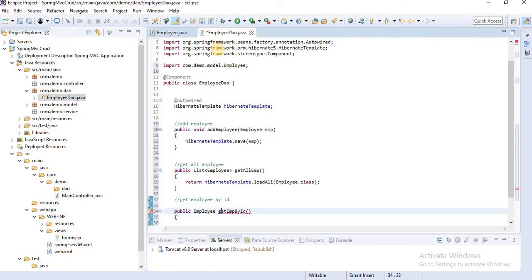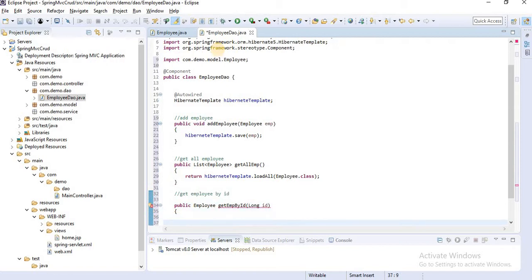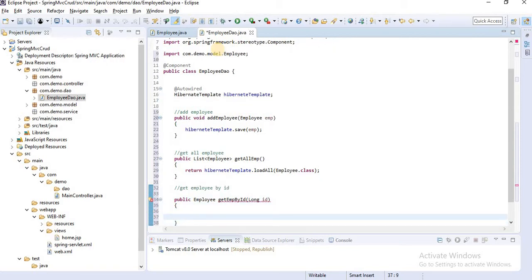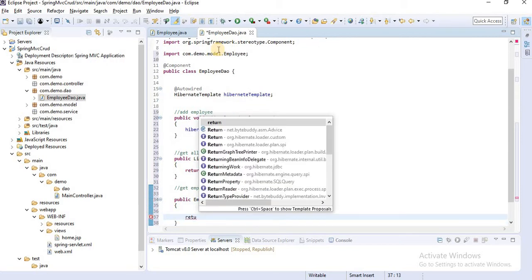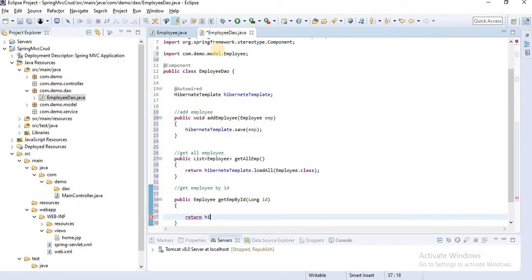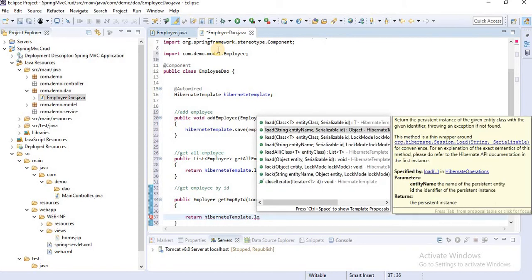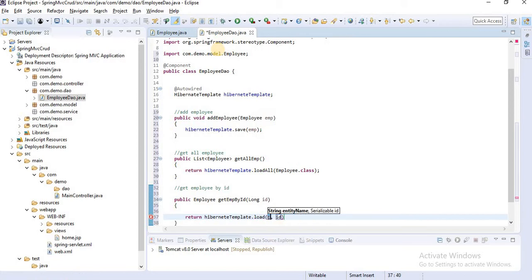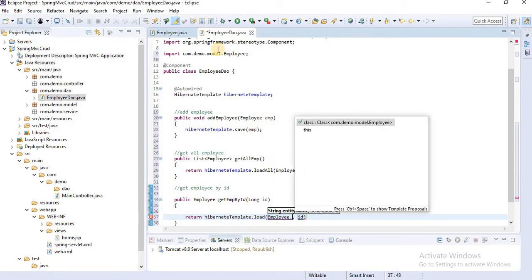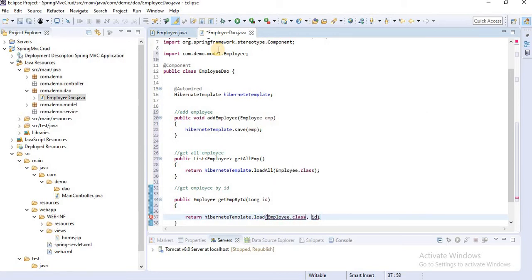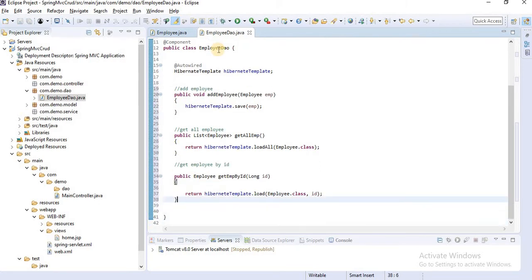Here we will pass the ID for getting a particular employee record. Return hibernateTemplate.load. Here we have a few methods. This one takes Employee.class and the ID, the return type and the ID.